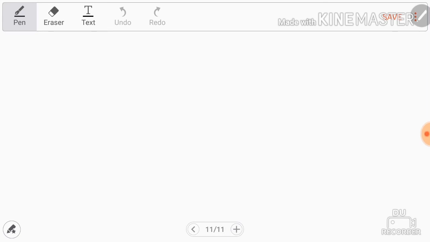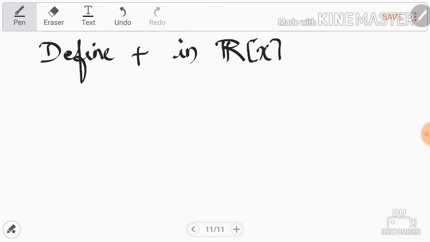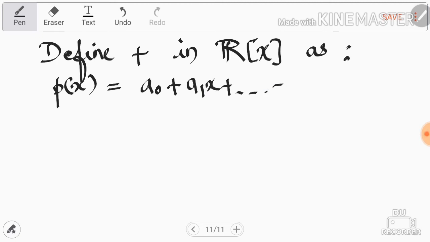How would you add two polynomials? What does it mean to add two polynomials? So you can define addition in R[x] as follows. So if you take two polynomials, say p(x), which is say a0 plus a1x plus so on up